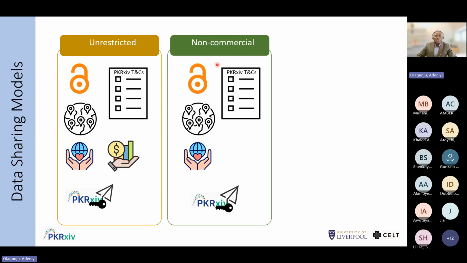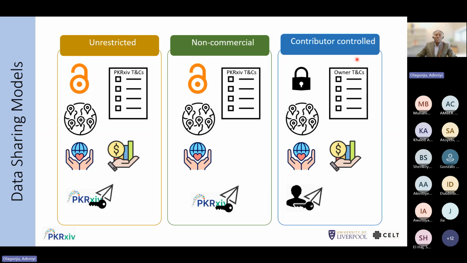The next one is non-commercial. Again, it's very similar, with the assumption that you can only use this dataset if you are using it for non-profit purposes. The PKRxiv team makes the decision about data use. If you are for profit, then you cannot use a data set that is marked non-commercial. And this is one of the things we look at when we look at the data request form